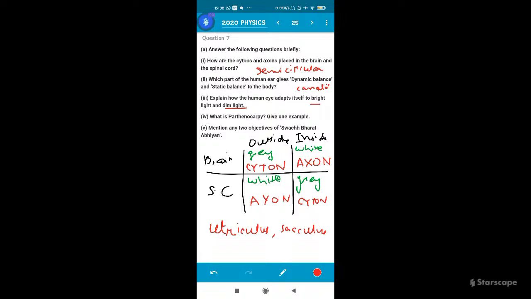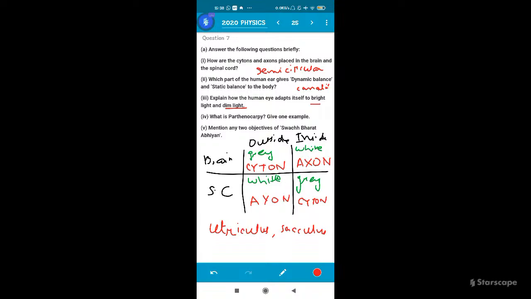Now your next question is a very easy one, and I don't think I have to explain it to you, but I'm just going to mention it. Mention any two objectives of the Swachh Bharat Abhiyan. As the name suggests, obviously its main objective is to maintain cleanliness and hygiene in the surrounding areas, to clean the roads, streets, buildings around us, also to eliminate open defecation,